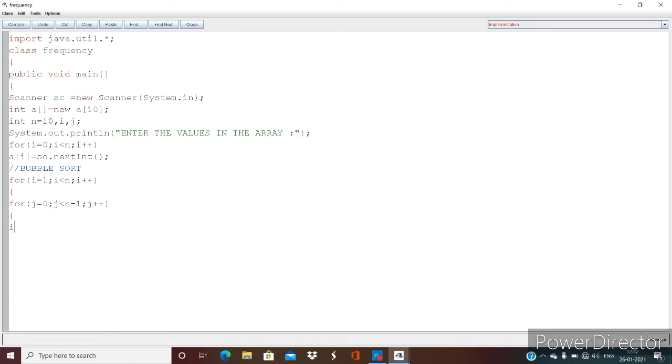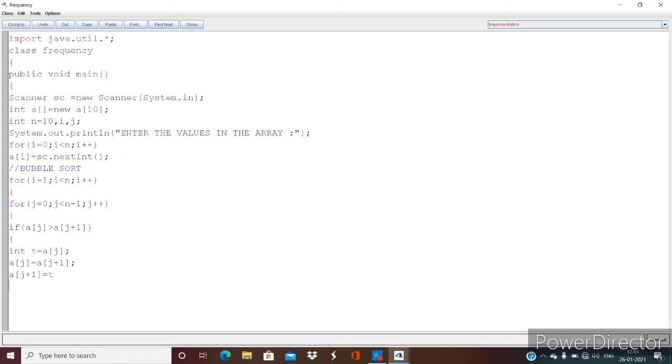I'll put a condition: if a[j] is greater than a[j+1], then t, which is a temporary variable, equals a[j], a[j] = a[j+1], a[j+1] = t.